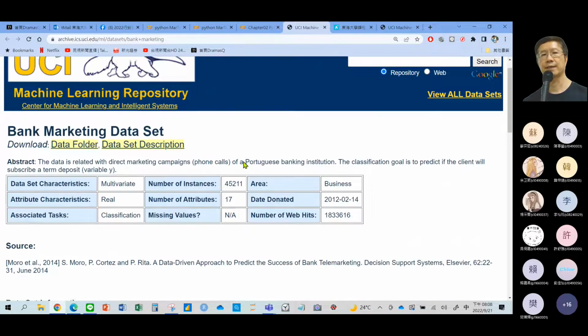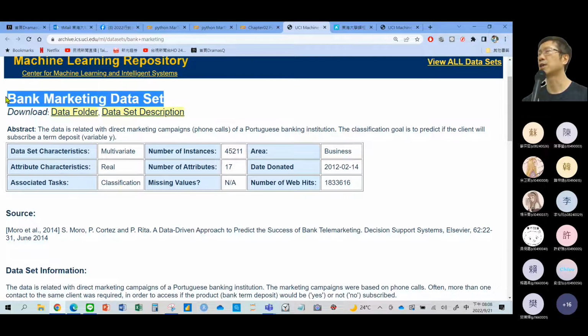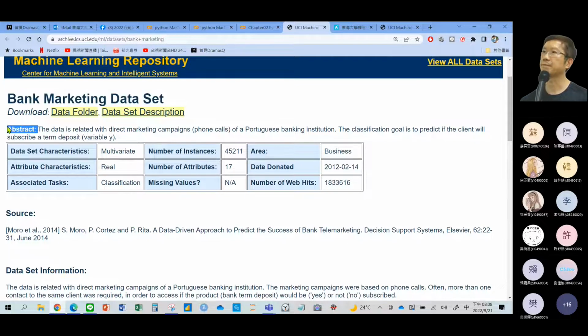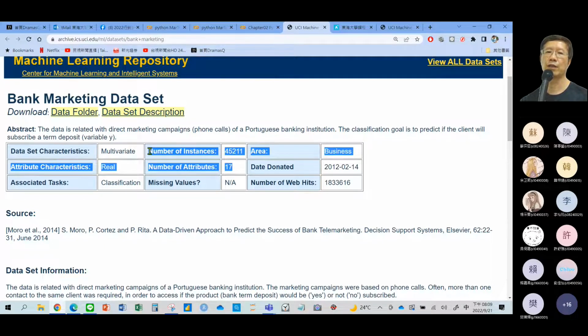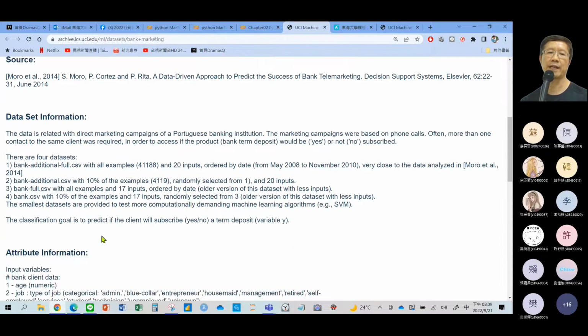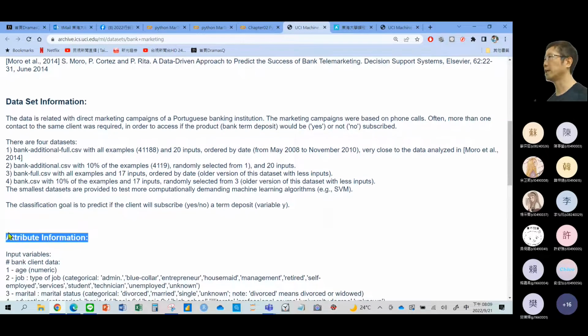The name of the data set, abstract, the detail for the instances and attributes, and also you have to find the attribute information for each variable. 好，懂了吗？好，这些大概就以后的资料集都长成这个样子。所以说各位以后就要把这个每一个变数都要理解啊，大概是什么。好，懂了吧？